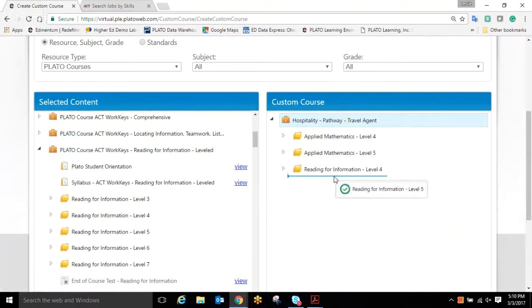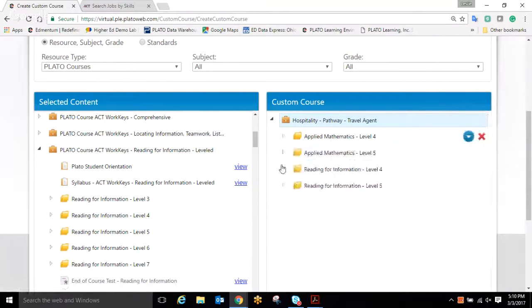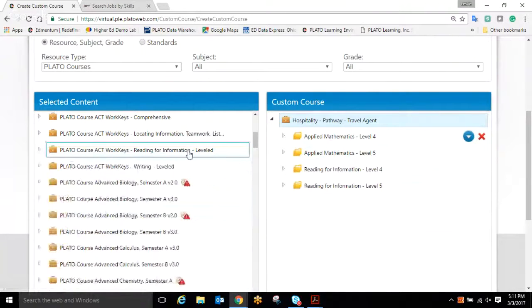And these are basically a way of establishing the prerequisite core knowledge that these students will need to have to approach this career pathway. They do have exempted pretests just like everywhere else in PLATO, but it's a way of orienting it to a specific goal. So essentially what I would do with this particular career pathway is I would match to what the